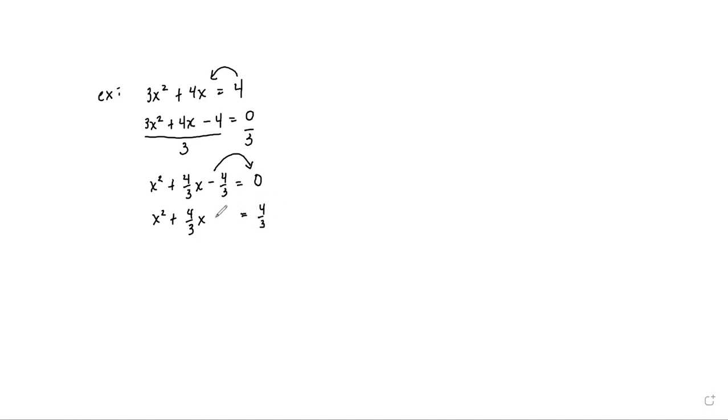So observe that I left a space at the left side. It's because we're going to add something here. So the question is, what should be added into the left side? To determine it, we shall get the coefficient of the middle term, or the coefficient of x. So 4 over 3 must be divided by 2. This means that 4 over 3, you multiply it by the reciprocal of 2, which is 1 half, and this gives us